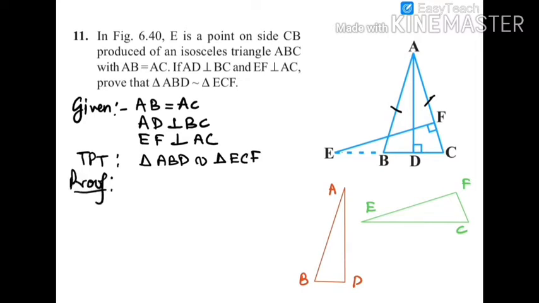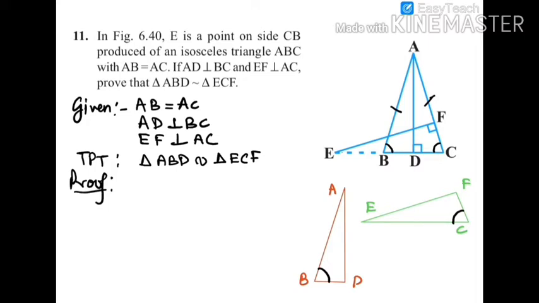Look at the main figure. In triangle ABC, AB is equal to AC. So what can we say about the base angles B and C? These two angles are going to be equal. We have studied this result in grade 9 that angles opposite to equal sides in a triangle are equal. So let's mark these equal angles in the two triangles. Angle B will be equal to angle C. So we have one angle in these two triangles equal.